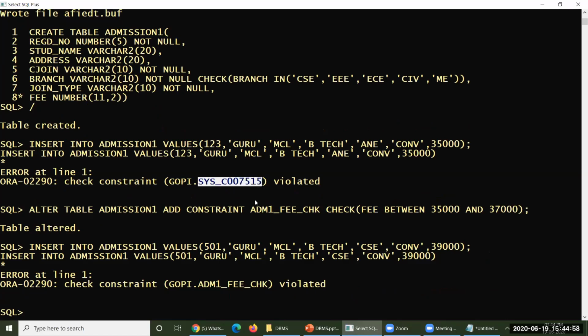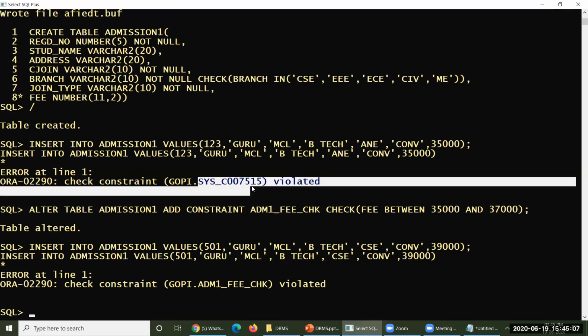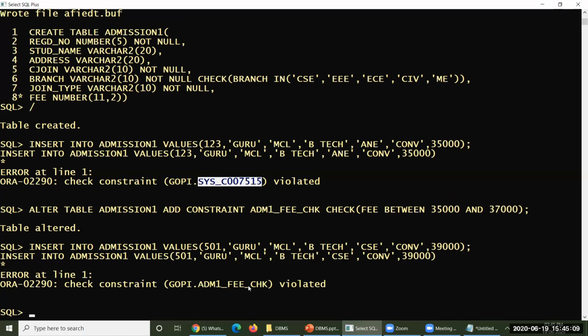Right now, I have taken my own name, ADM1 underscore fee underscore CHK. It would have been generated by the system by default, but I have taken my own. So based on this, you have to create your own constraint. Now the data entered against the fee must be between 35,000 and 37,000, not any other values.